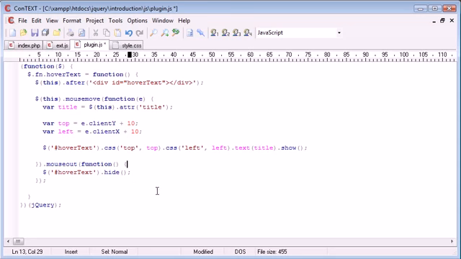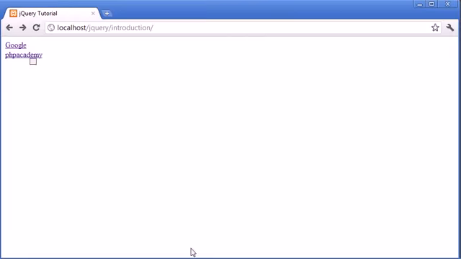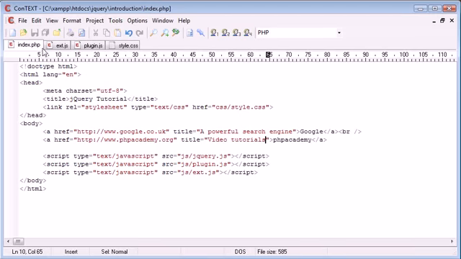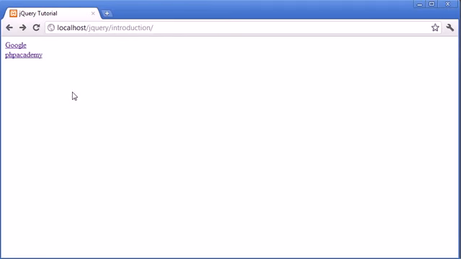So I'm going to go ahead and get rid of this as well. So hover text.hide when the mouse comes out. Let's just check. Yeah, that's working. So we've got the functionality of it working now with both links, and it's actually taking the title from each one as we wanted it to. However, we've now got this problem of the hover